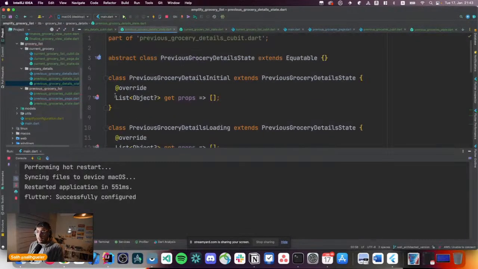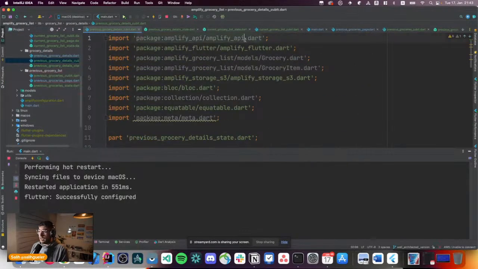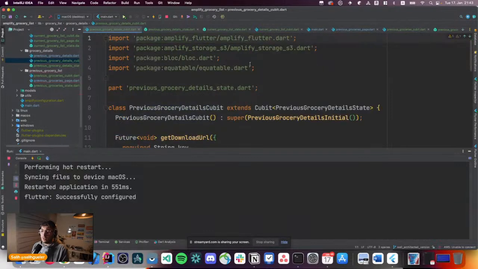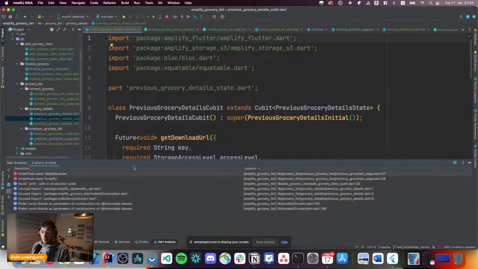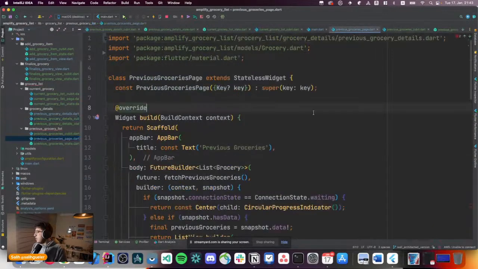So I have everything here, and if I go to my details cubit, I have many things that I don't use, so I will just get rid of everything that I don't use, and probably we will fix all of these later on from here as well. Okay, in the meantime,